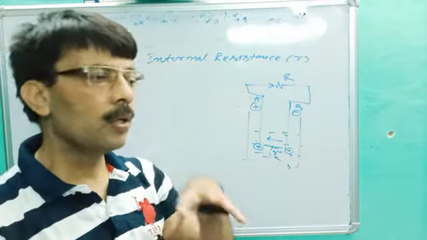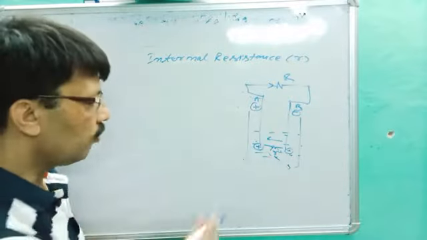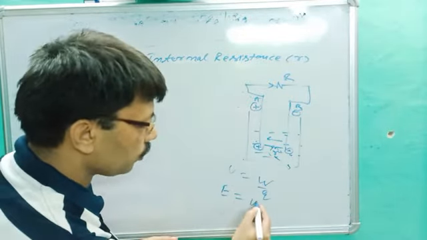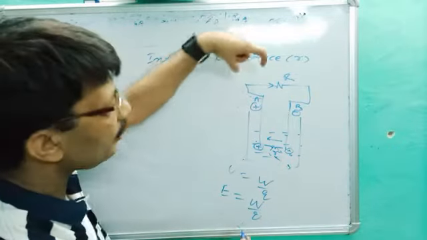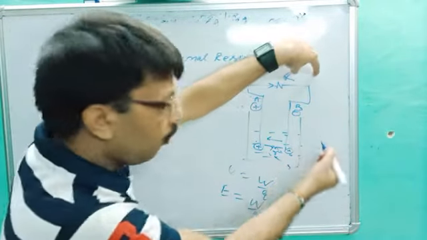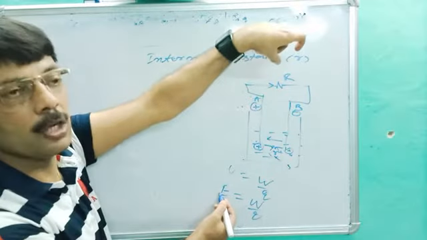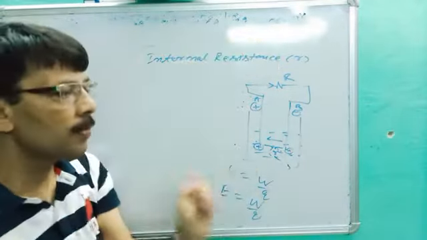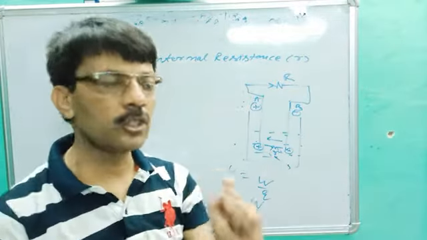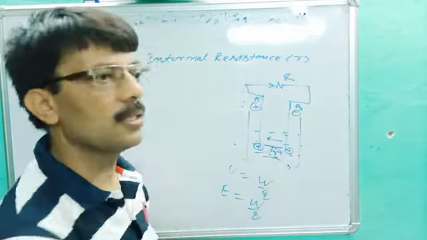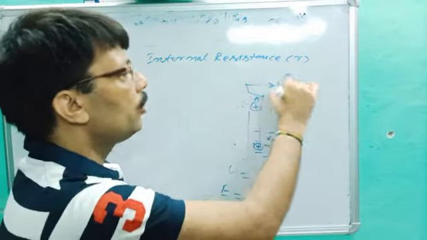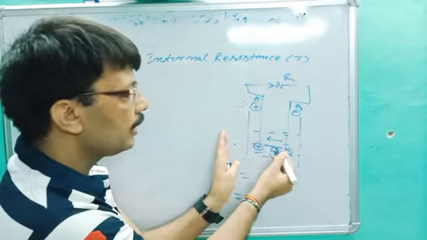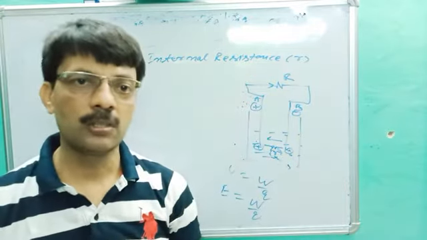What is the difference between V and E? V is equal to W upon Q. Again E is equal to W upon Q. But in V only we will assume from positive to negative, while for E, for EMF, electromotive force, it will be from positive to negative plus negative to positive. It means when you talk about electromotive force, you have to talk about internal resistance, because total positive to negative plus negative to positive, when you go from negative to positive, it is opposed by internal resistance. So the answer is very clear.